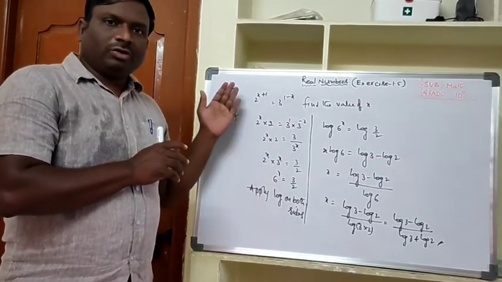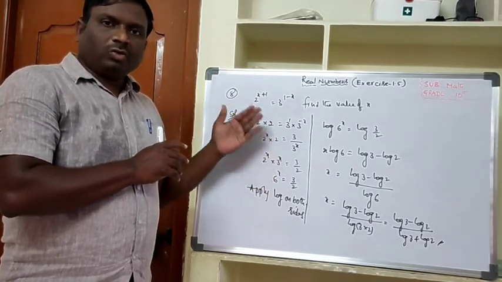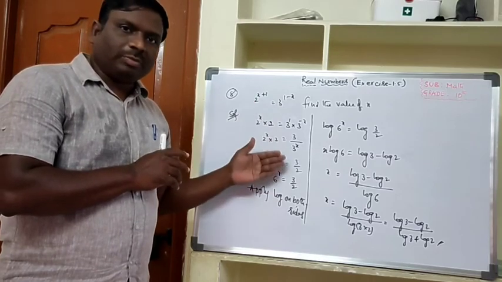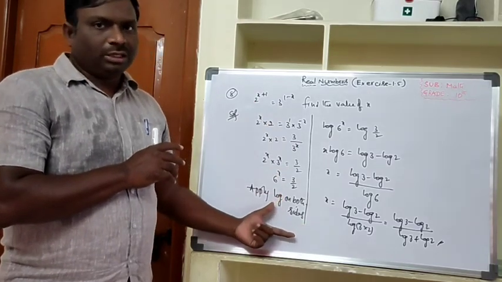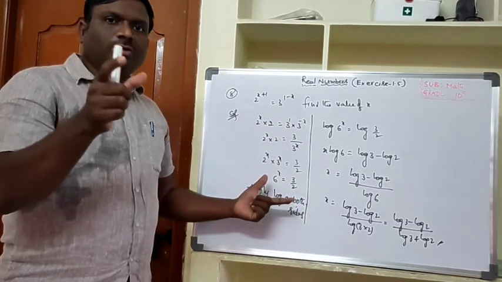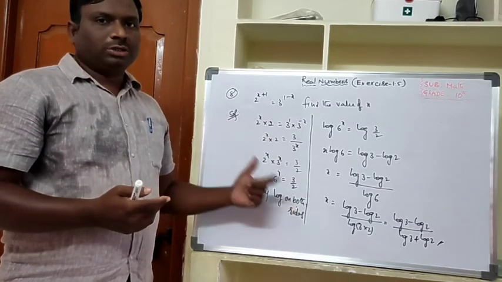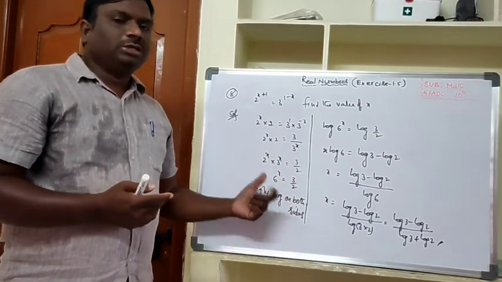Thank you, and revise the properties. Once again, 1 or 2 or 3 or 4 times, if you revise the properties, then you can do the solutions easily. Without knowing the properties, when you are doing the solution, better to keep the properties along with you on one paper. Then only you can do the solutions easily, then only you can understand the solutions easily.